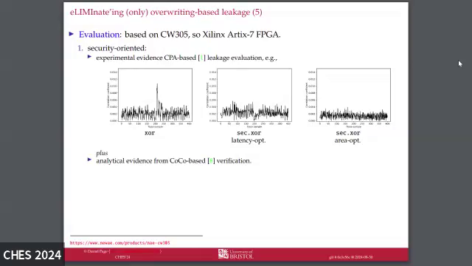So, of course, mistakes can be made. This gives you some confidence, perhaps, but doesn't give you any guarantee. We also used the COCO toolset to do a more formal verification that there was no overwriting or no interaction between the values that were previously in one of these registers and the one that's overwritten. So I think in combination we're fairly confident that this is doing what it should be doing.